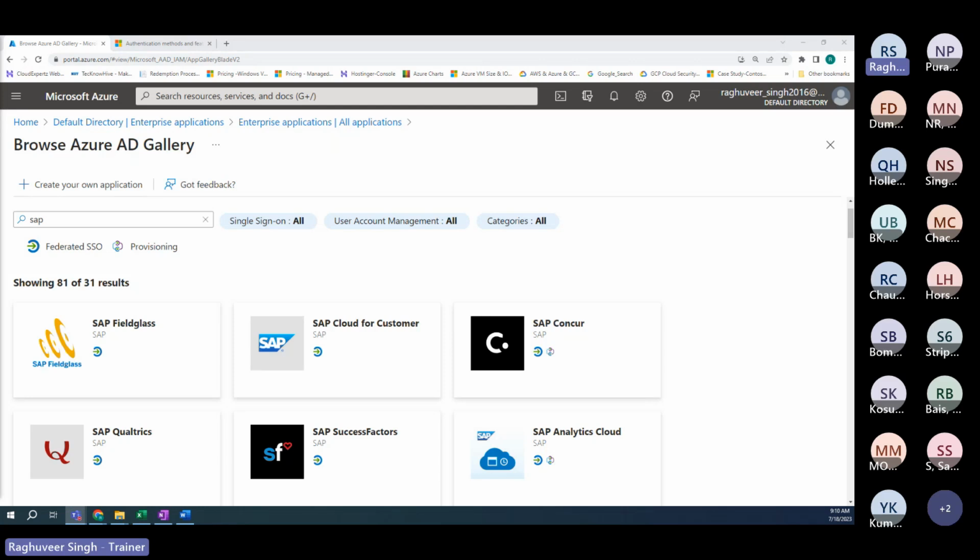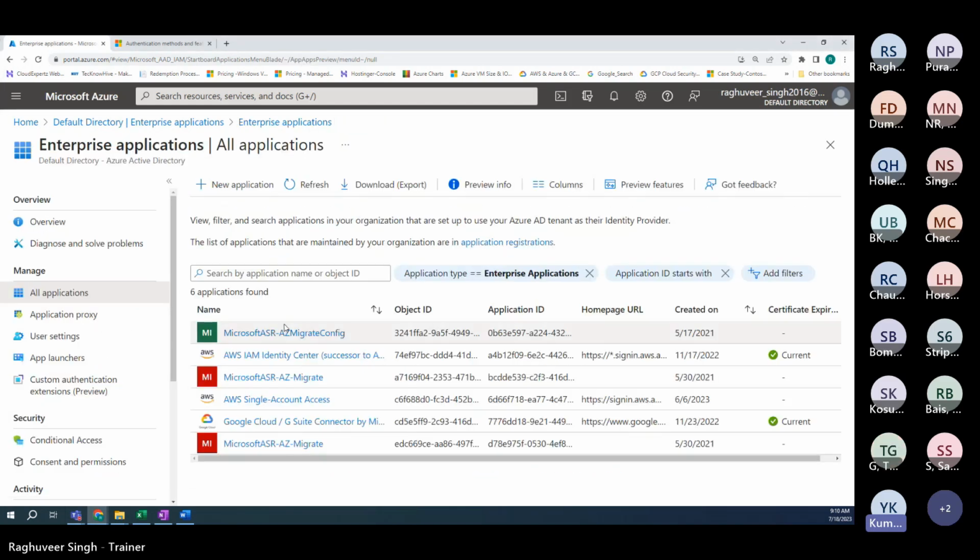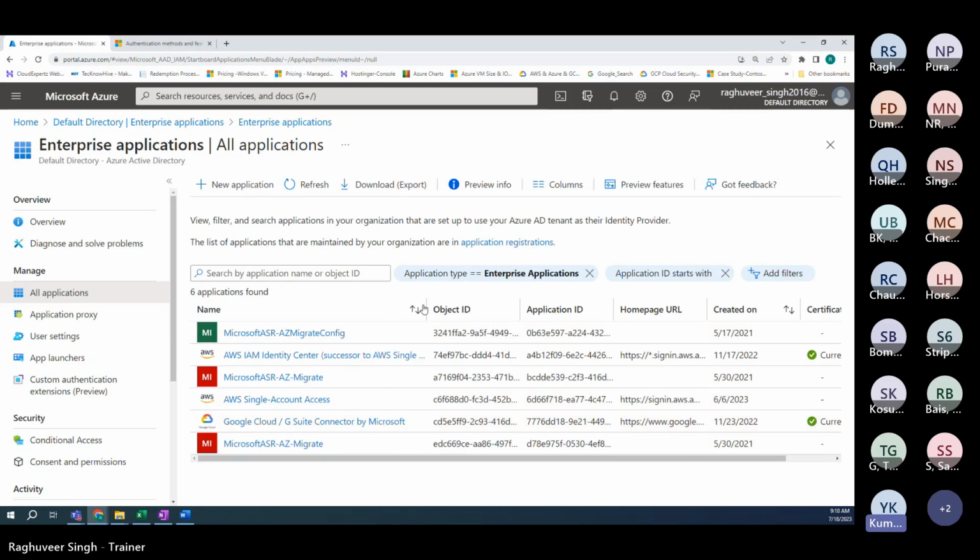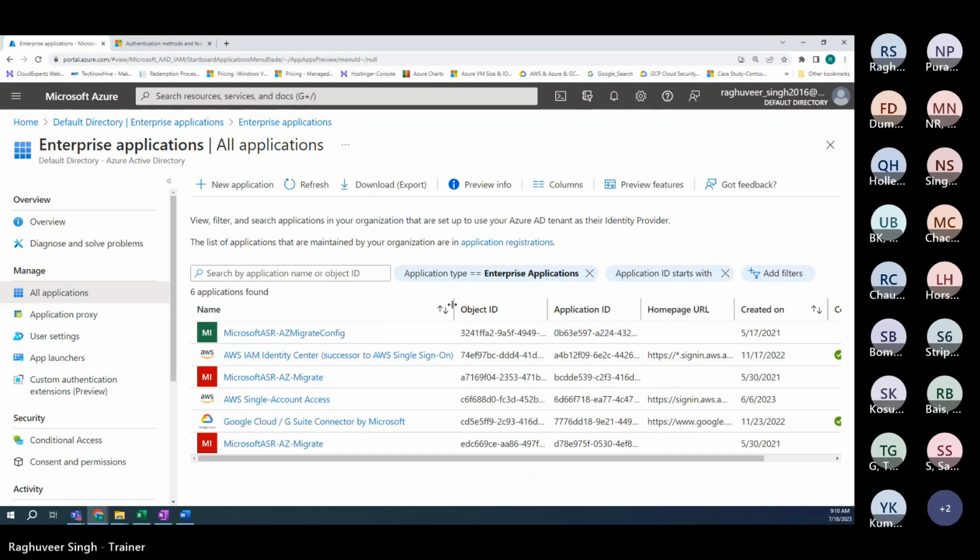So somebody has a question, Yogesh. Identity created on Google Cloud will appear here, or do we need to create here? Yogesh, can you repeat your question? I didn't understand it. Yogesh, you're there? Yeah, I can hear you. So basically, you are saying all Google Cloud and AWS identities can be managed via this Azure enterprise application, right? Yes. So suppose I want to create a user. So where do I need to create the user? Do I need to create the user in this portal or